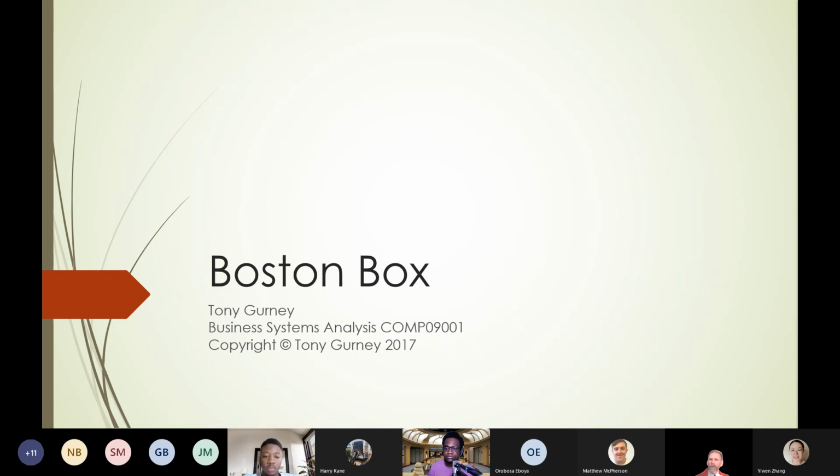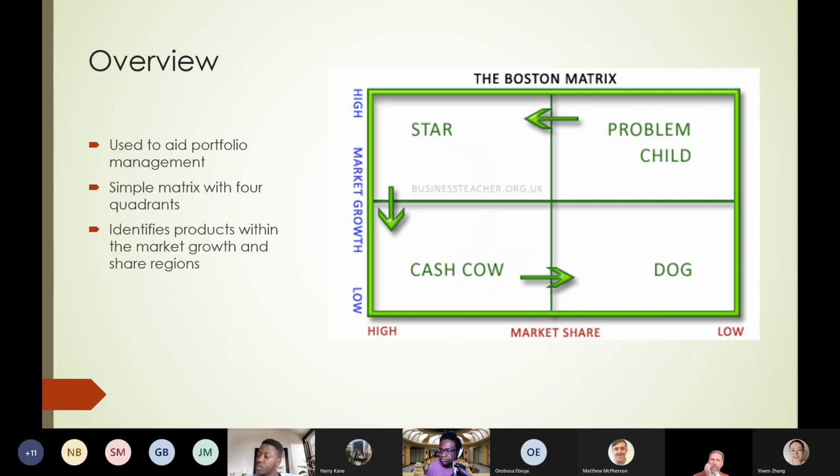So, first of all, you have to understand what all the different bits are. So if you're Microsoft, one bit might be Windows, another bit might be the Office software, another bit might be Xbox, another bit might be cloud services. So you figure out what all the different bits are, and then you try and understand out of that whole portfolio what each of these things is. So it's a very simple box that puts each of those items into a specific box.